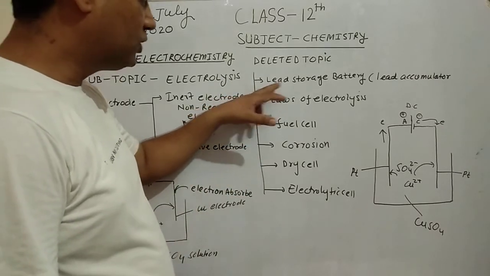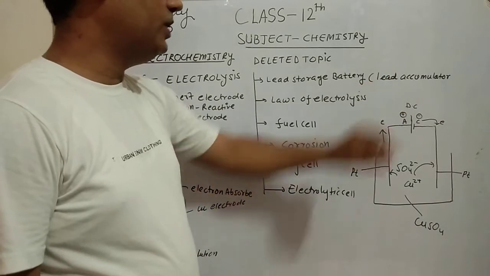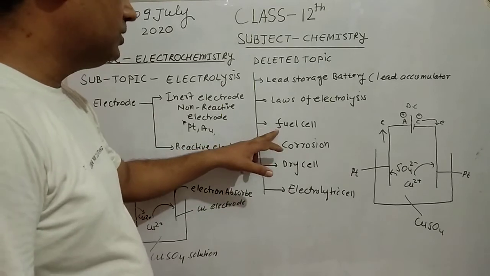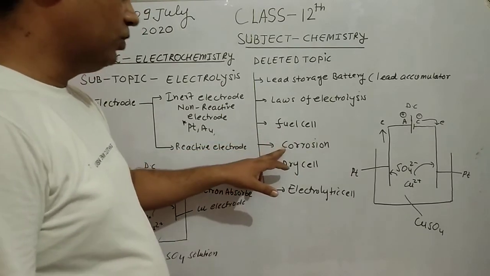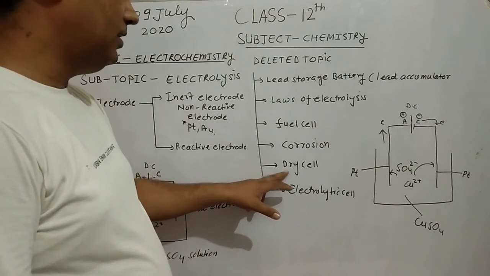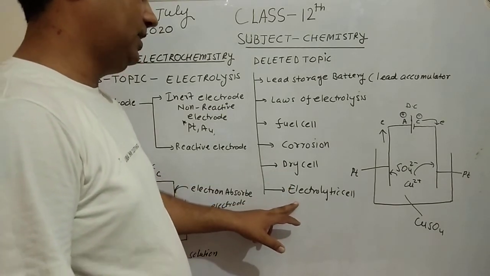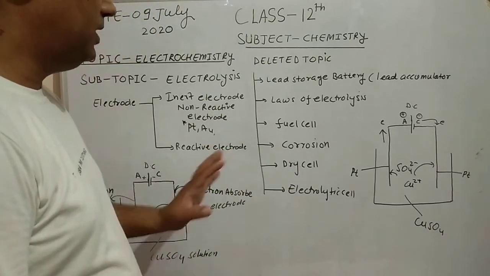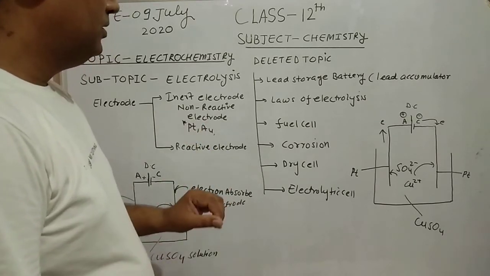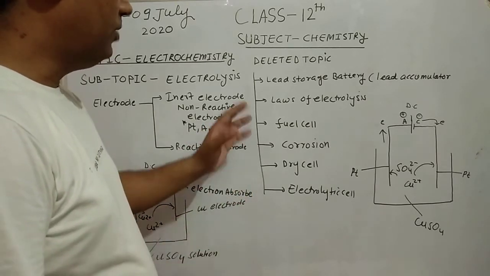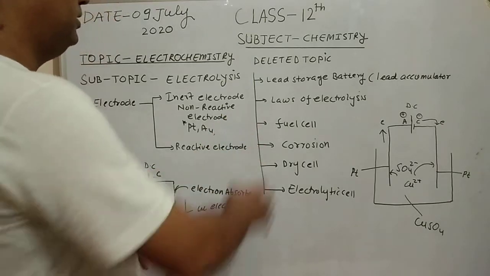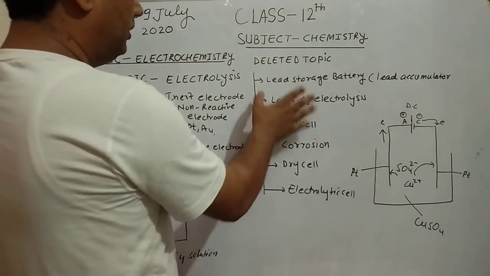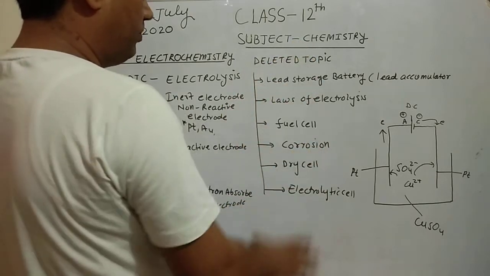First one is lead storage battery, that is lead accumulator cell. Second one is laws of electrolysis, third one is fuel cell, fourth one is corrosion, fifth one is dry cell, and last one is electrolytic cell. In the previous video I discussed the laws of electrolysis, but that has been deleted from your syllabus. So these are the topics deleted by the CBSE, and it is not required to study them, but